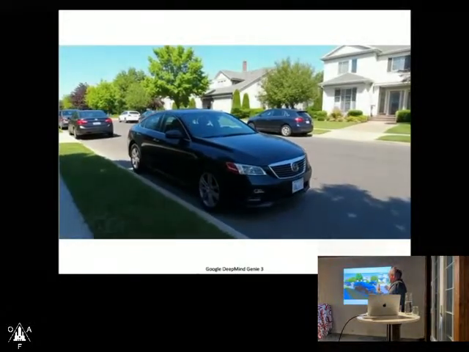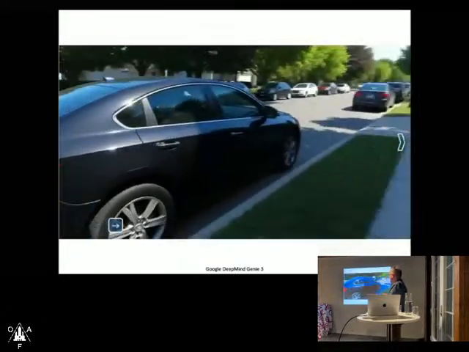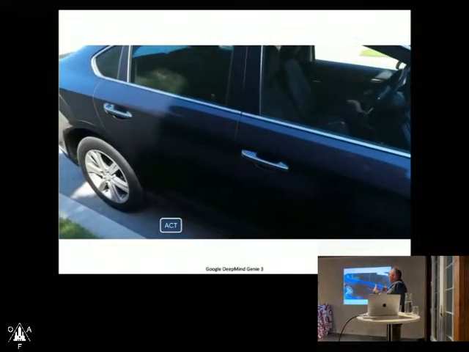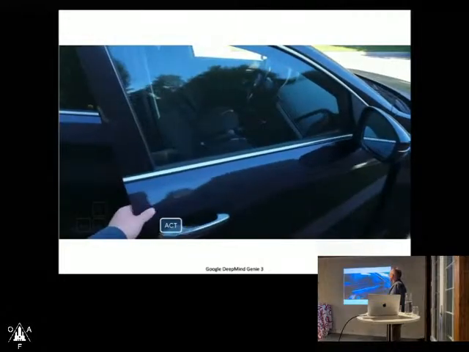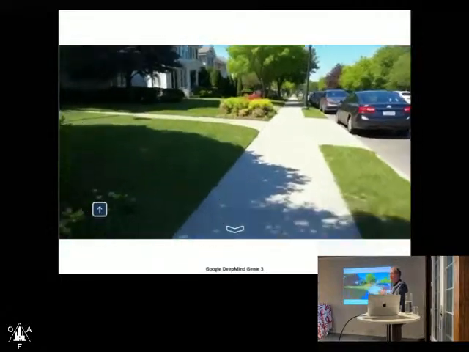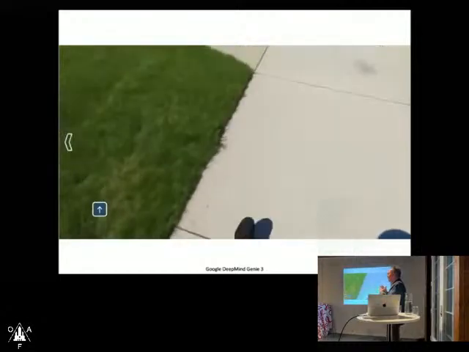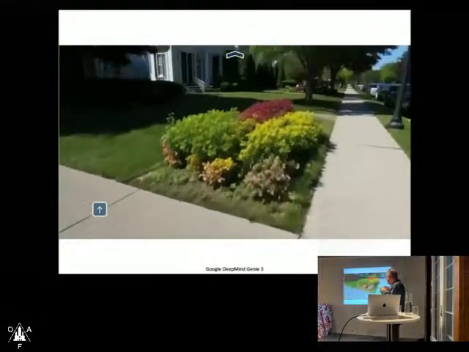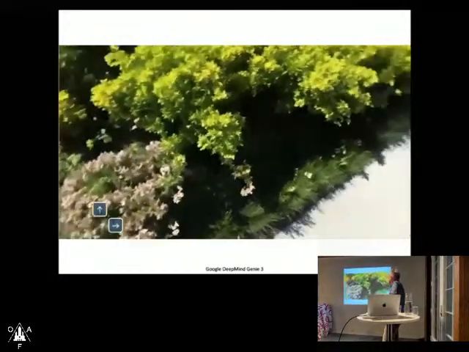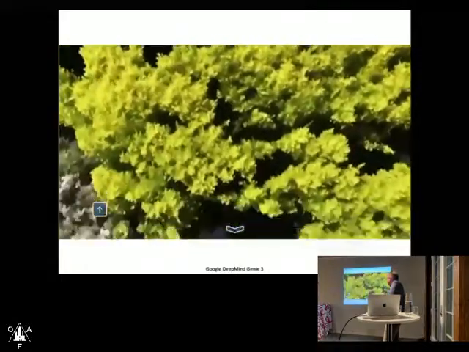You give it an image, and then you can move around in that image with your arrows. And you can type what you want to do. So if you want to open the door, you type open the door, and then it will just generate the next images based on what you're asking it to do. As an architect, you could really imagine that you make a first collage of your building, and if you want to know what's around the corner in your image, you can just start walking in your own initial image to maybe get inspired by what you get.